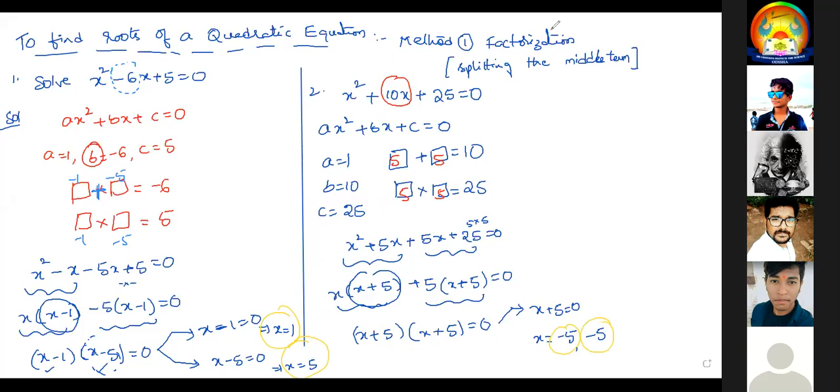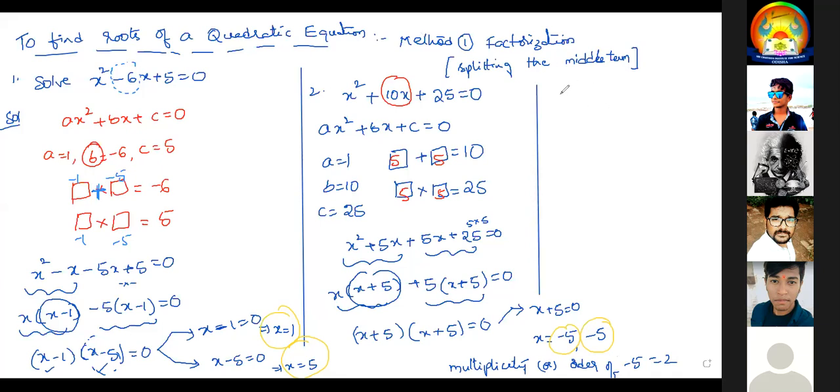But in higher mathematics, when we are talking about this, we should use the word multiplicity or order. The order of minus 5 is equal to 2. That means minus 5 is coming twice. Okay, that is the first one, and that is the second one. Now I'm writing one more question.